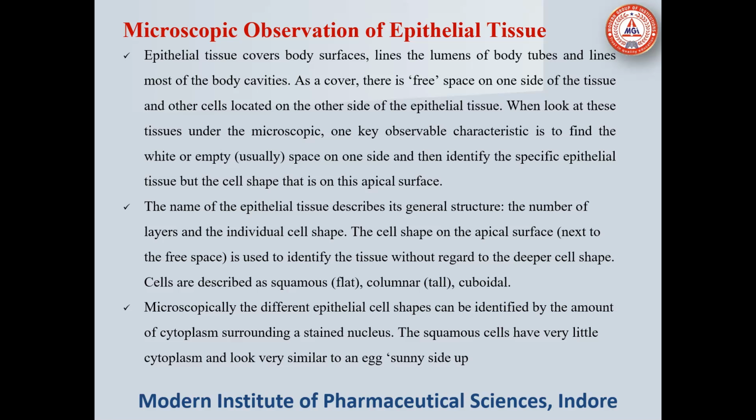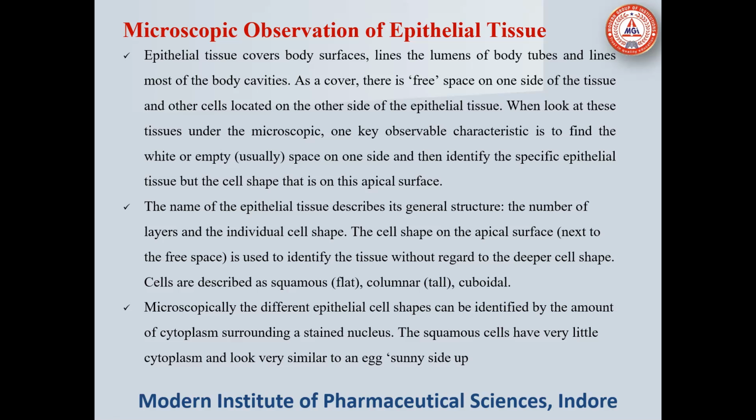When looking at this tissue under the microscope, one key observation is to find the white or empty space on one side, and then identify the specific epithelial tissue by the cell shape on the apical surface, that is